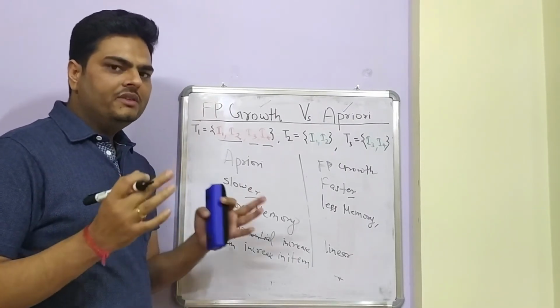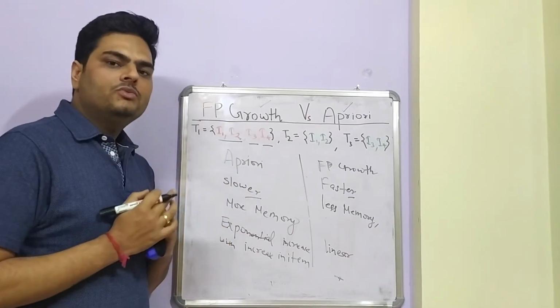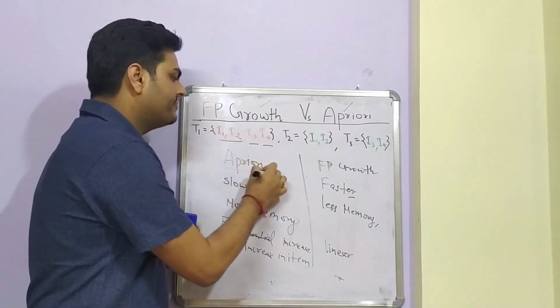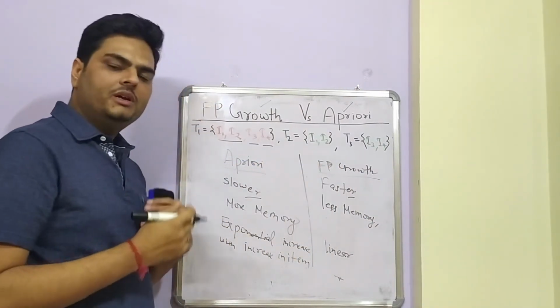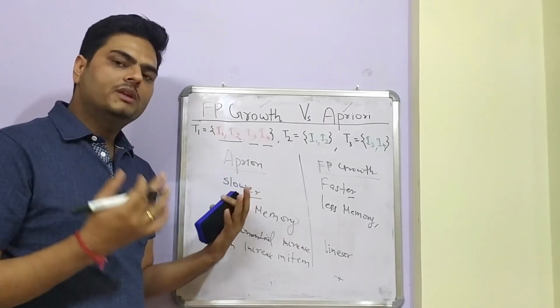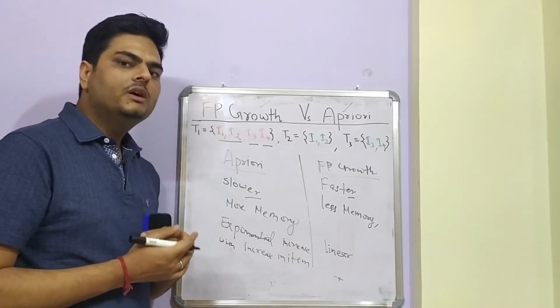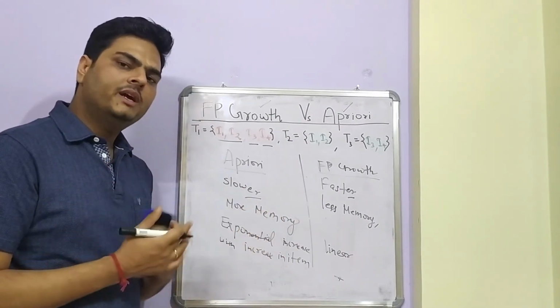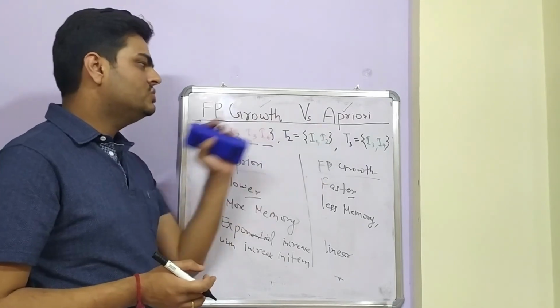Okay. Having said that, the implementation wise, both these algorithms, Apriori and FP growth, have their packages in Python. You can use those packages and you can just run your transactions on those packages. It will give you the patterns hidden in the data. So I'm sure you have an idea now what is the difference between these two algorithms.